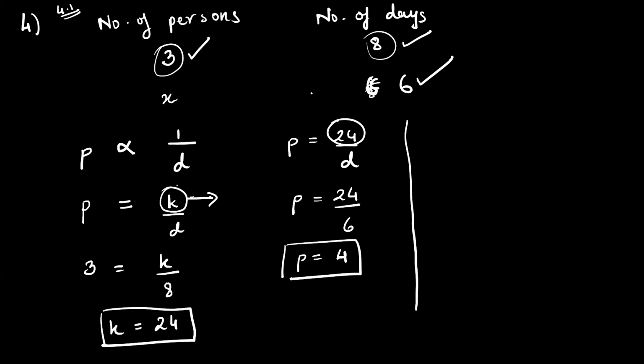And if they are in inverse variation, then their product will be equal. Product will be equal matlab 3 into 8 will be equal to x into 6. So see, shortcut. 3 into 8 will be equal to x into 6. So मुझे x ढूंढना है, can I take 6 to the other side? So I'll get 3 into 8 upon 6